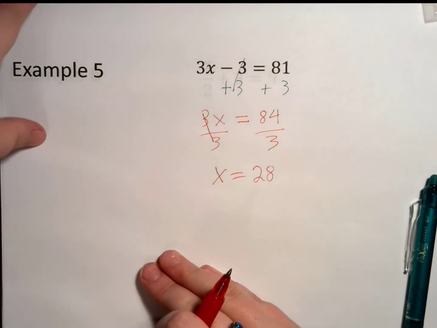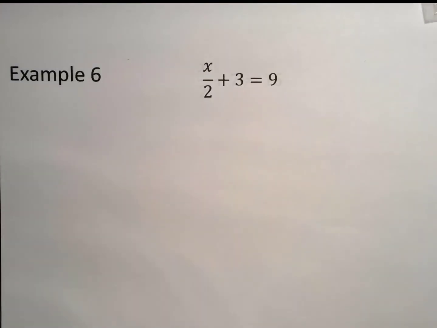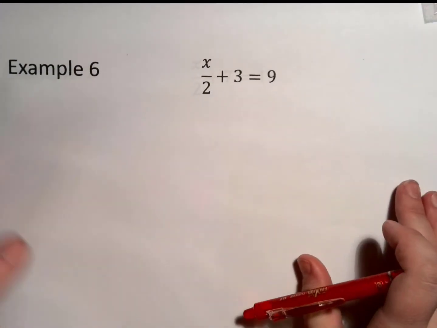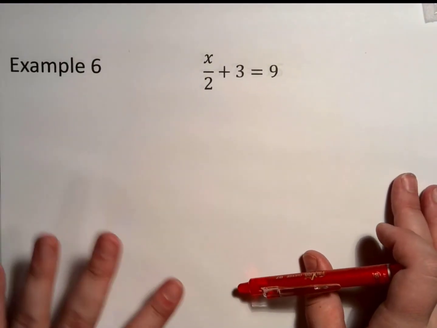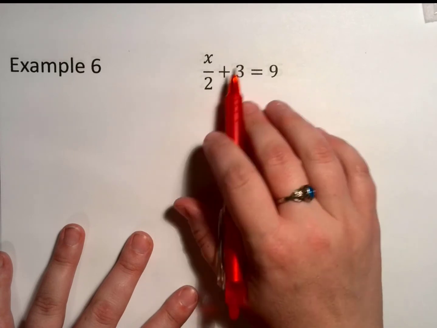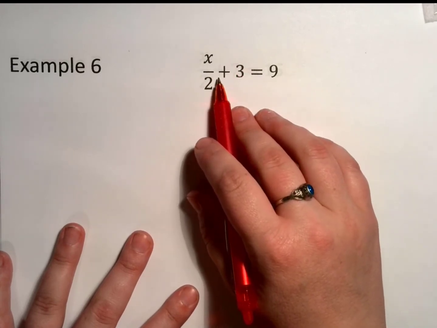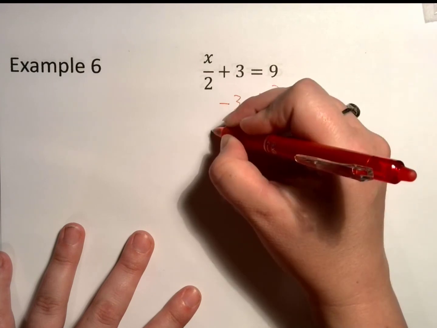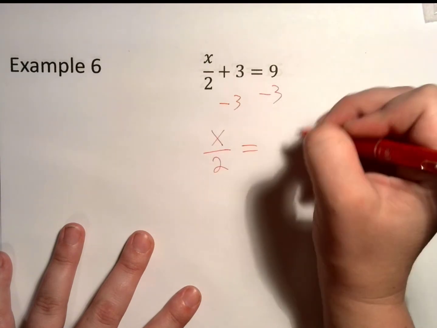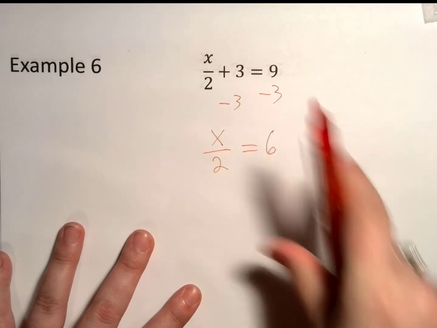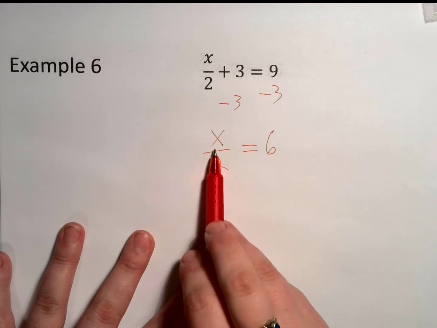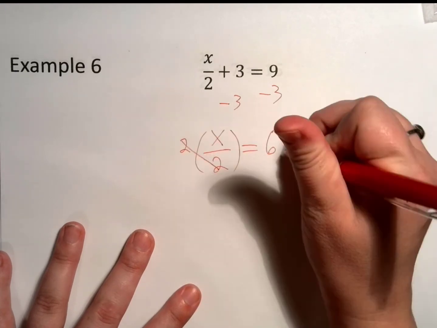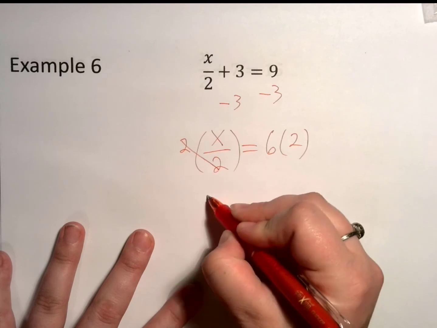All right, we'll look at one more. So looking at this one. Again, guys, we're always going to undo our addition and subtraction first if we can in problems like this. 9 minus 3 is 6. Okay, my 2 is dividing into the x, so I have to multiply to cancel it out. So x is going to equal